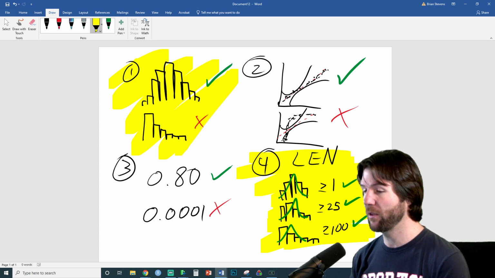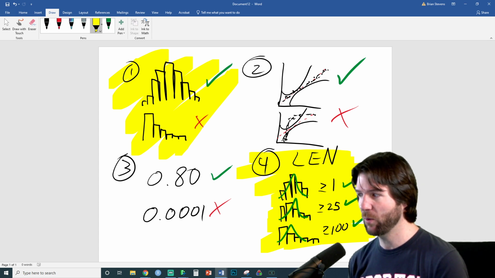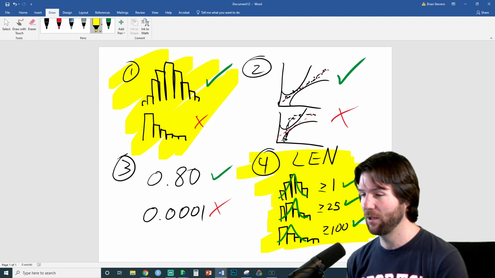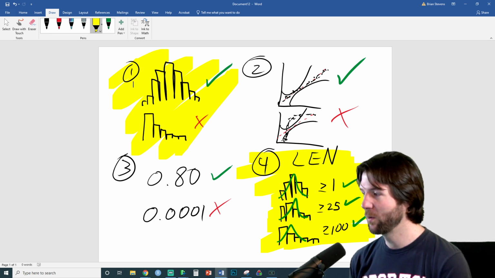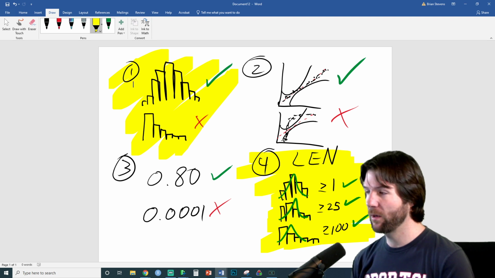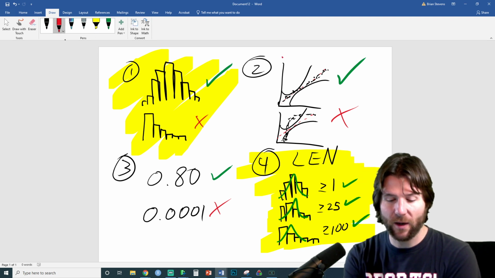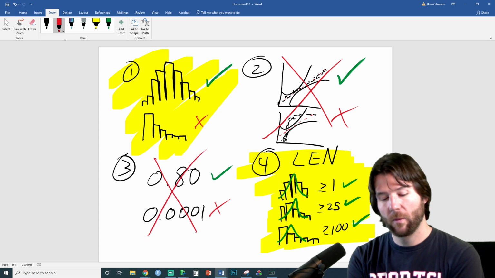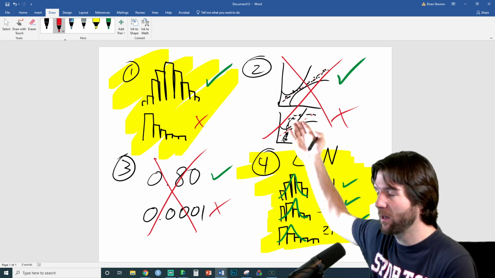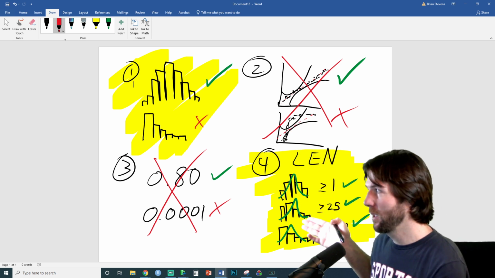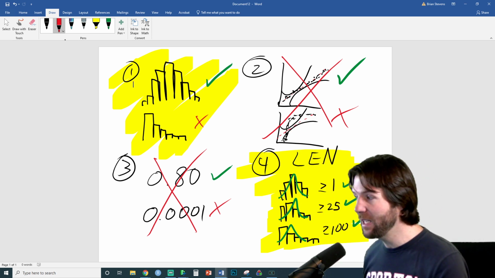So for the distribution of the mean, did you meet the sample size of 25? Do you have at least 25 samples in your new and current machines? You do. So that means you meet the condition. Remember, I want to put X's over these, because these ways of checking are for the original distribution. When you're doing the distribution of the mean, you can look at the original distribution. It's not bad to look at, but we're really caring about whether the distribution of the mean is nearly normal.